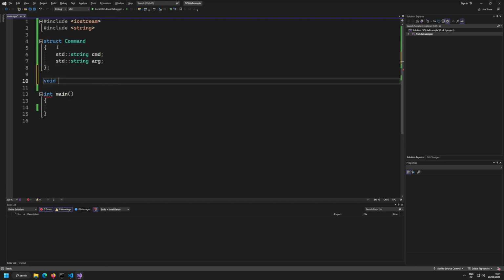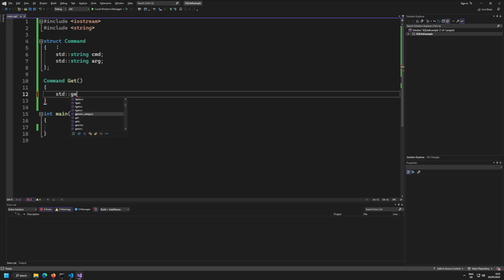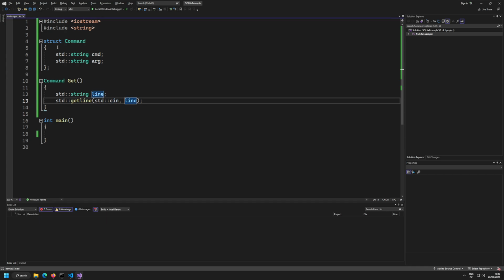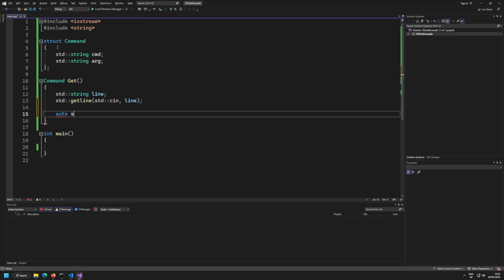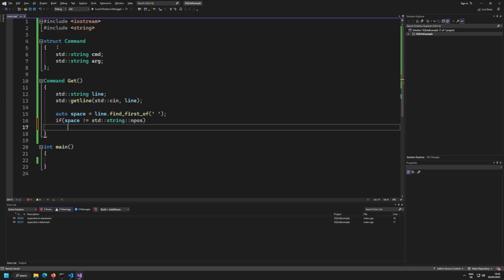And let's write a void or command get function, and get is gonna do std::getline for std::cin, and then we're going to put this into a line, std::string line. Then we can basically read that one single line here. And what I want to do is quickly check the space position. The space position is basically calling find first off. I want to find the first space, and